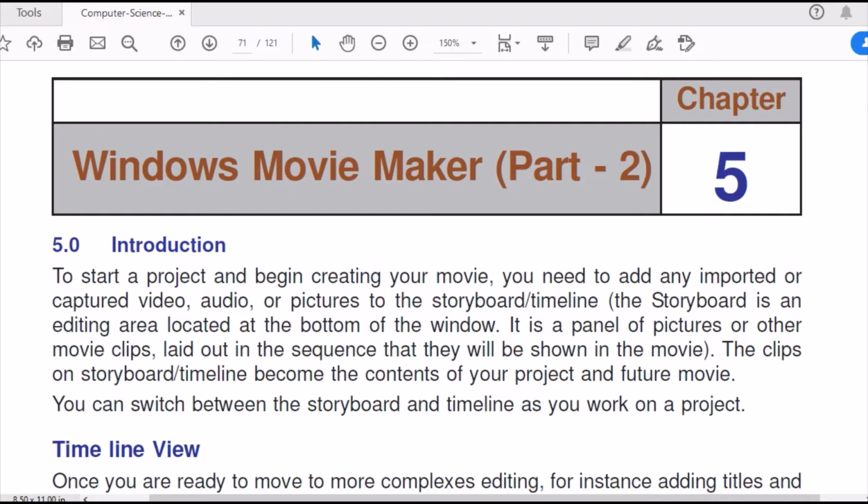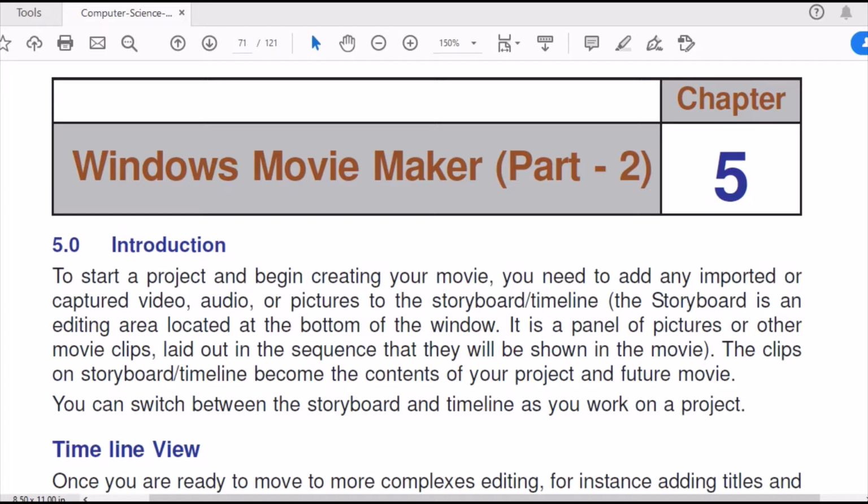available. To start a project and begin creating your movie, you need to add a captured video, an audio or a picture to the storyboard or a timeline. Now, in the previous chapter, I have explained that storyboard and timeline are the same. A little bit different though.